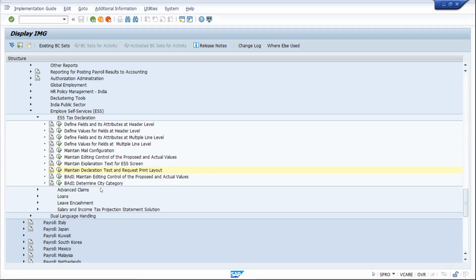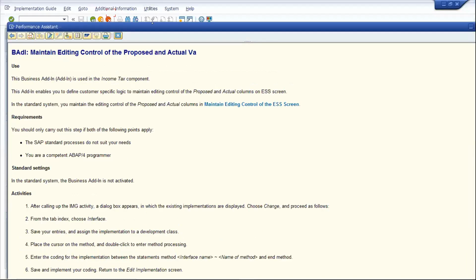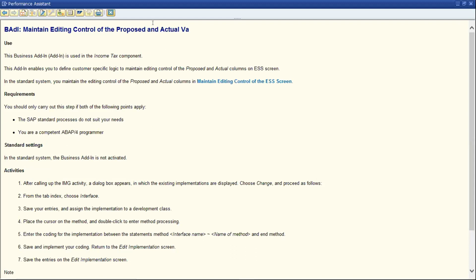I would recommend you go to the documentation of the first BAdI. What is a BAdI actually? It is the Business Add-In, as we call it. This is for any kind of customization. In the requirement section you can see, you should only carry out this step if SAP standard processes do not suit your needs. Sometimes clients find that what SAP is offering does not meet their requirement.